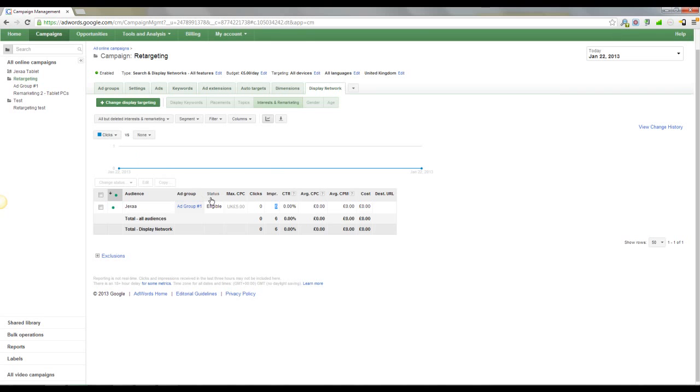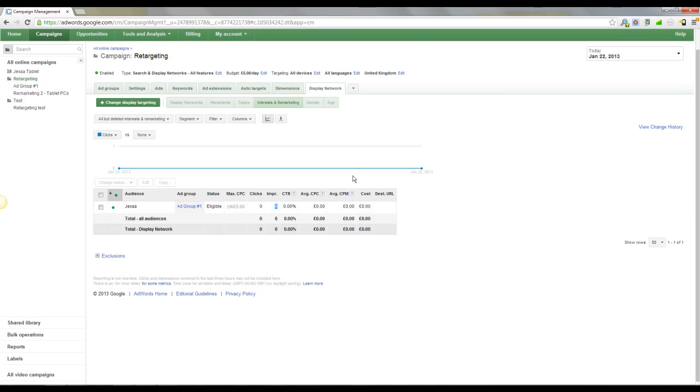Now, one thing you're going to want to do potentially is delay the targeting. So you can imagine that people are coming to the site, not all of them are going to buy there and then. In fact, not many people buy there and then. Some people will come and say, okay, I'm going to buy this product on Friday when I get paid. Some people are going to say, I'm going to show this to my wife. So what you're going to do with retargeting a lot of the time is spend more money than you need to. If you've got people that are coming to the site, they plan on buying anyway, and then you start sending them ads, then obviously you're going to pay more than you need to in order to get that sale. So something you can do is set up delayed targeting,